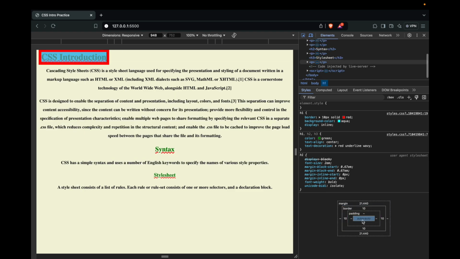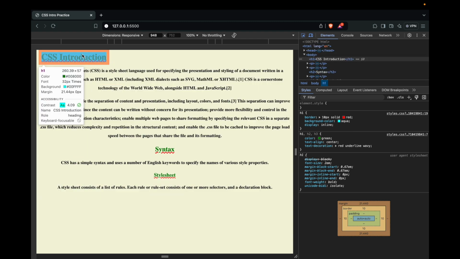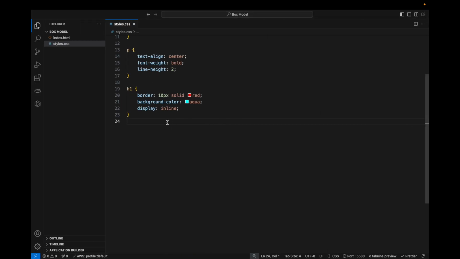So if you notice here, the width and the height are now set to auto, and that's because we've made this element an inline element. So how much ever space it requires in terms of content, that much width or height it's going to take. That is an inline element. Now it has become an inline element. If I make paragraph as well an inline element,